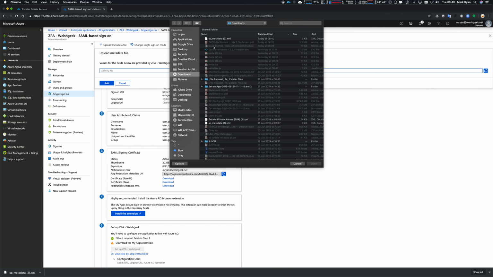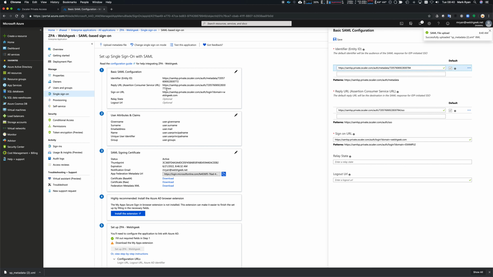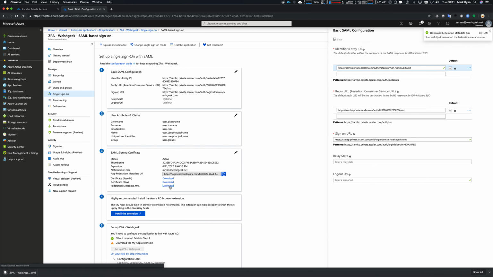Let's go ahead and select that new metadata file and click add, and you'll see that these will change from 772 to 784. All of this is all about right. Close that, and we should be able to click save. Okay, so that's now changed to 784. What we now need to do is download the metadata file from Azure AD,